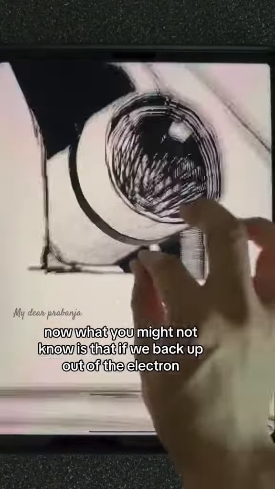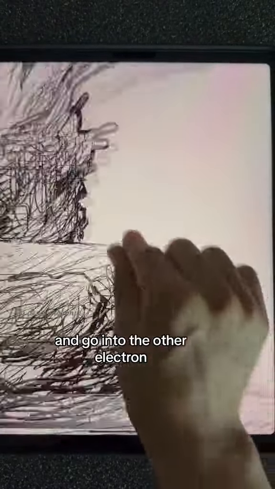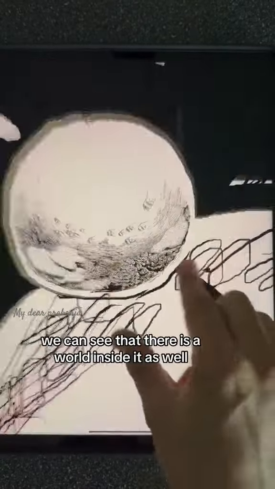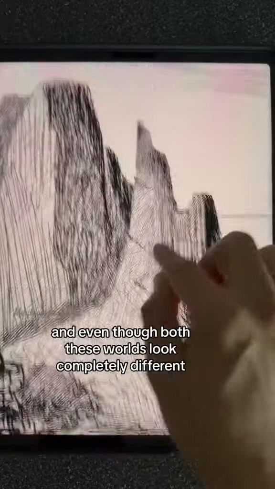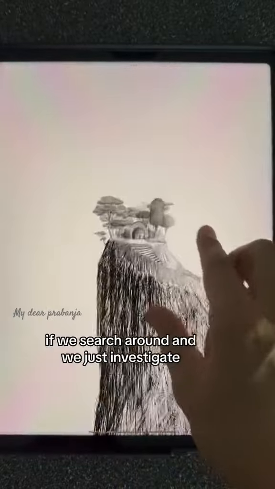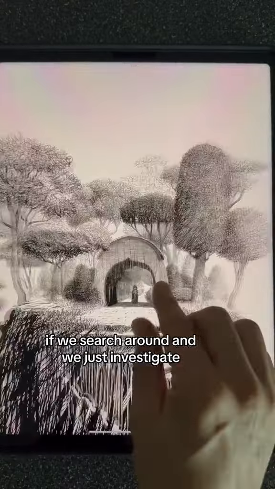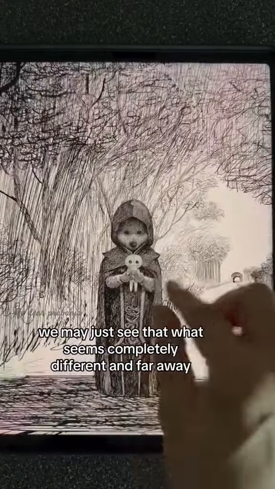Now, what you might not know is that if we back up out of the electron and go into the other electron, we can see that there's a world inside it as well. And even though both these worlds look completely different, if we search around and we just investigate, we may just see that what seems completely